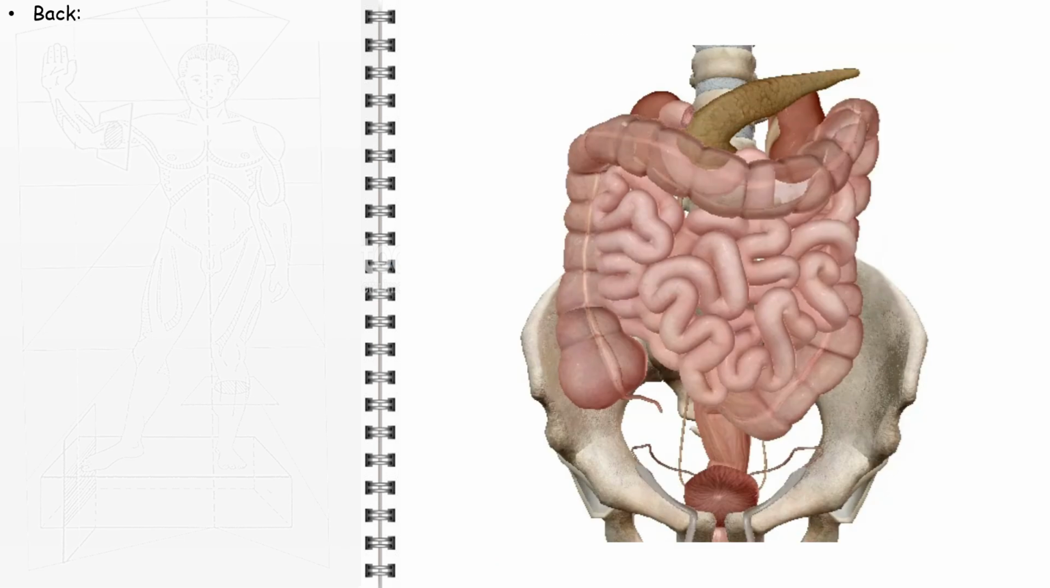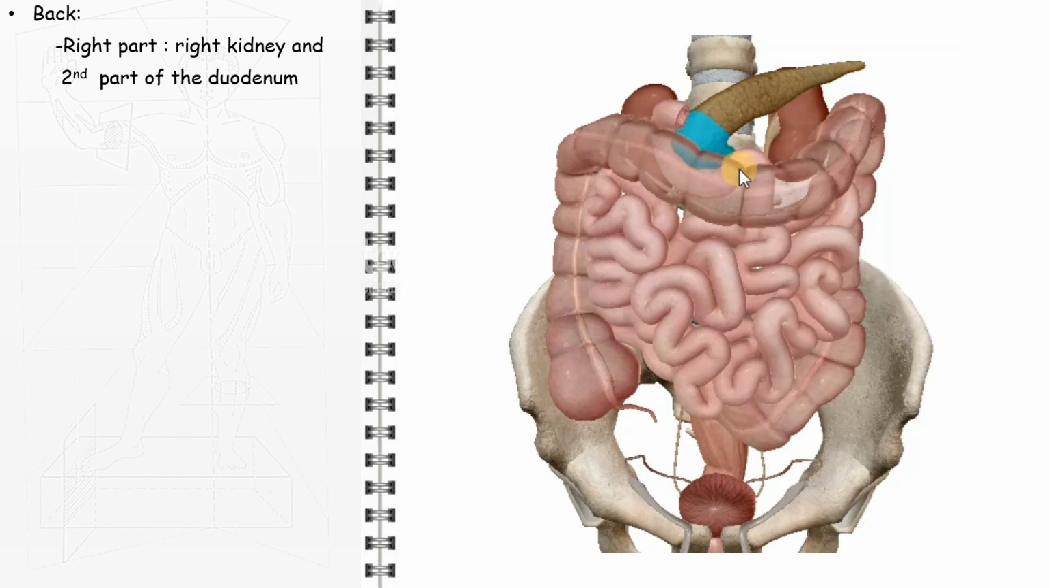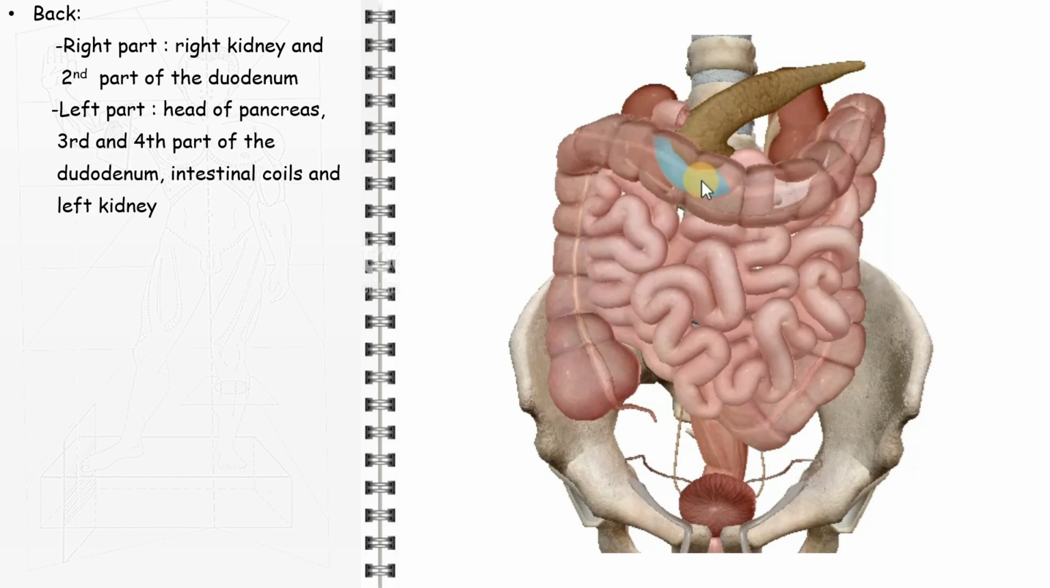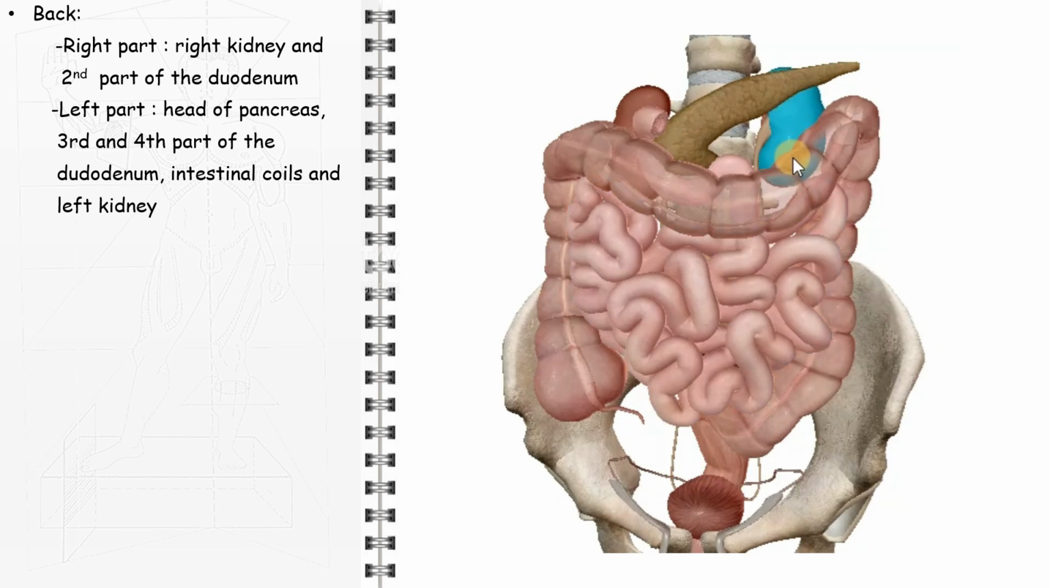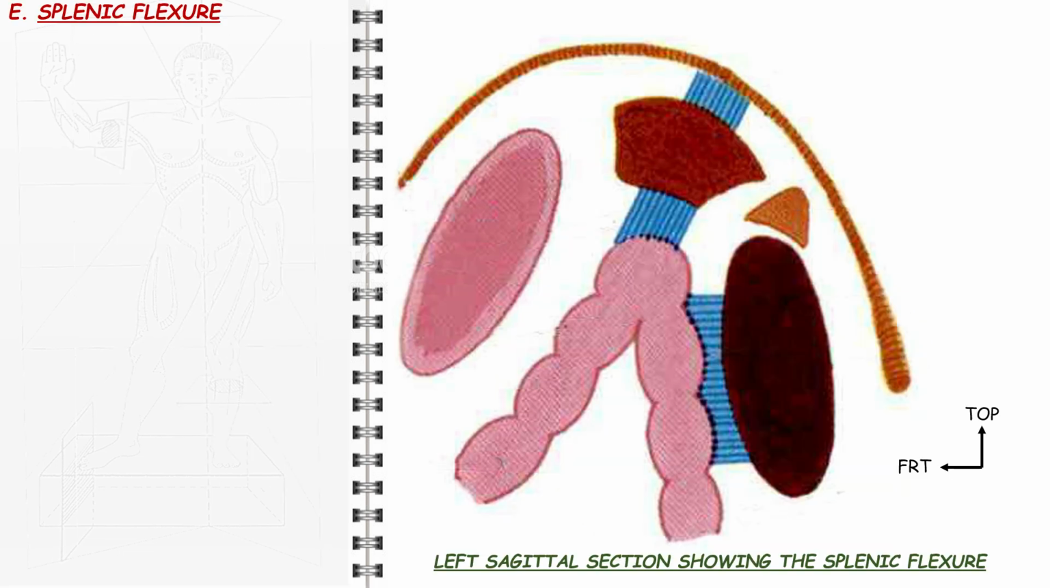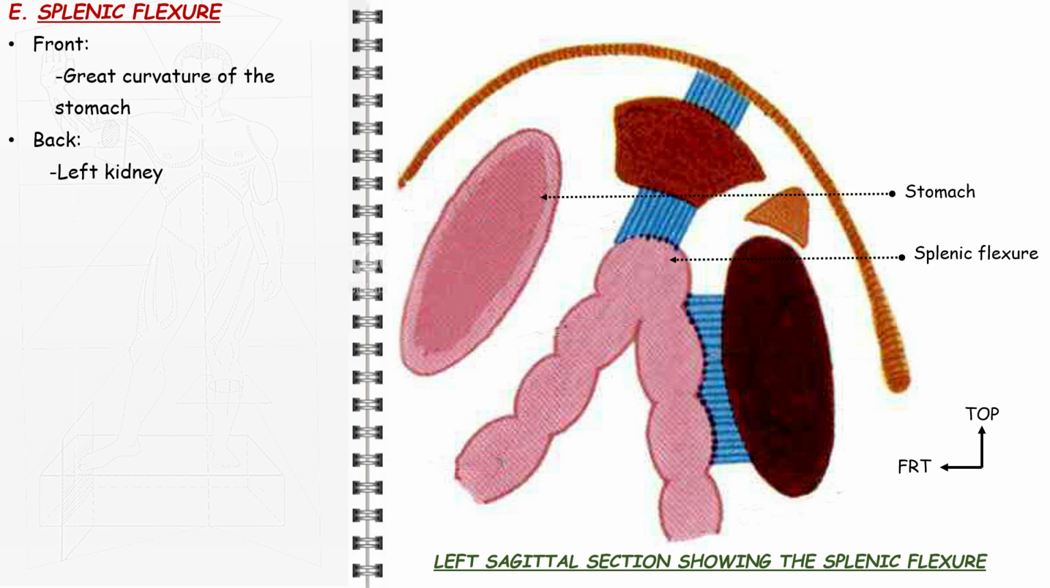The retroperitoneal organs behind the root of the transverse mesocolon include, from right to left, the right kidney, the second portion of the duodenum, the head of the pancreas, the third and fourth portions of the duodenum and the left kidney. Under the transverse mesocolon, some intestinal coils stand behind the transverse colon. The splenic flexure is limited by, forwards, the great curvature of the stomach, backwards, the left kidney and, at the top,